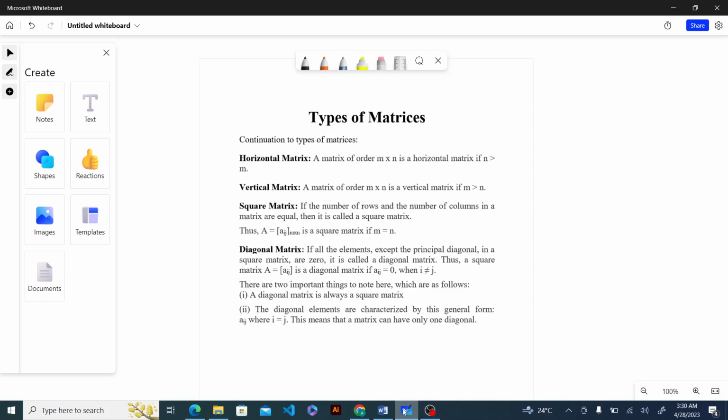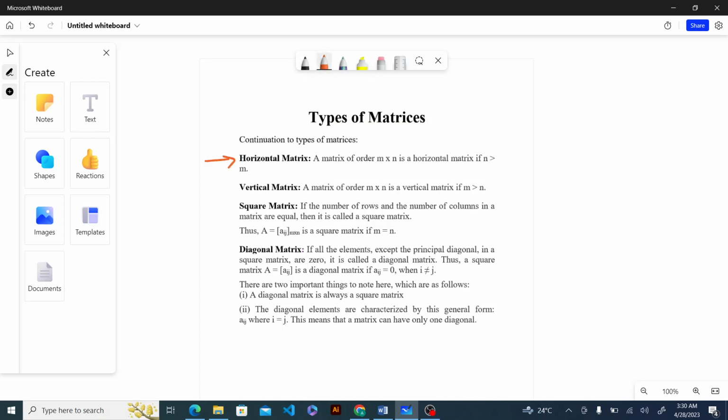So today we are continuing our previous topic, types of matrices. In the previous lecture, we learned four types. Today I'm going to cover the other four types. So number one is